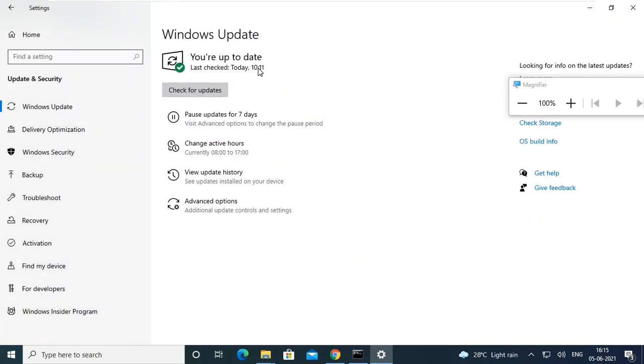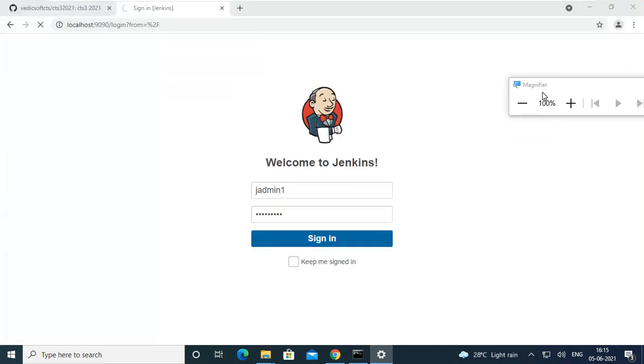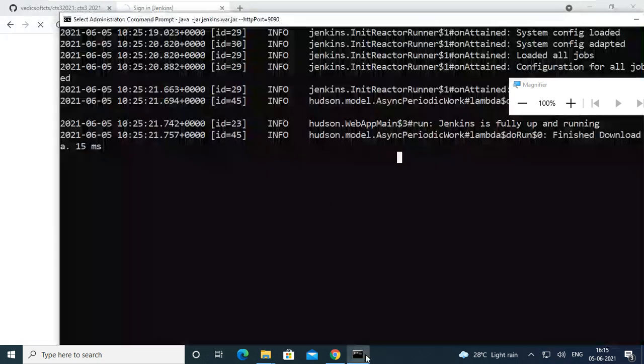It is showing you are up to date; today at 11 o'clock it was checking. Better to pause updates for the next 7 days, because within 2 or 3 days only we are working on this, so it won't check for any updates. You can pause it, or you can stop the Windows Update service by going to Services. I'm not doing it now.